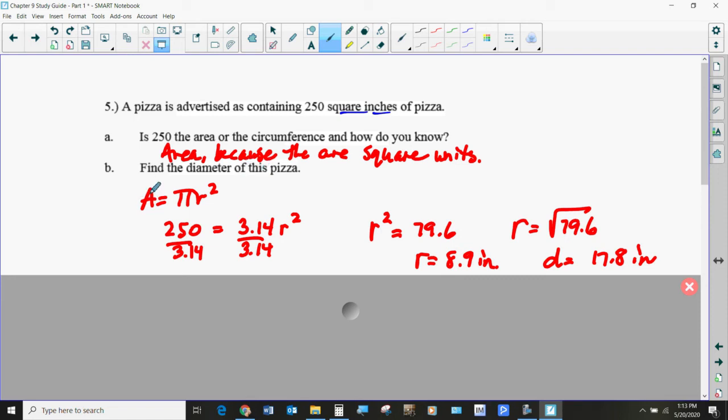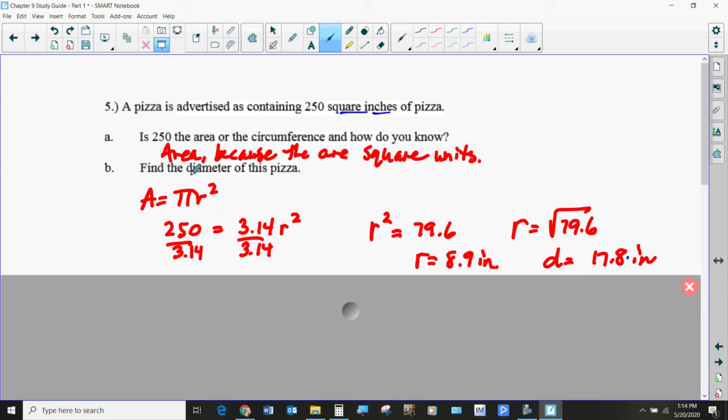Well, if you're going to use the area formula, you're going to find the radius. Once we know what the radius is, then you double it to give you the diameter. This is a little bit trickier of a problem, but it's something that you should be able to figure out because we've squared numbers before. I'm not sure that we've talked too much about what it means to square root a number, but let's just